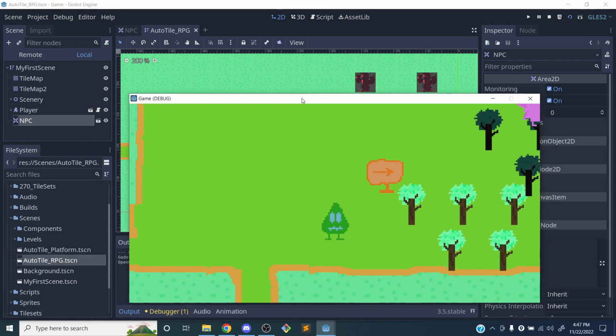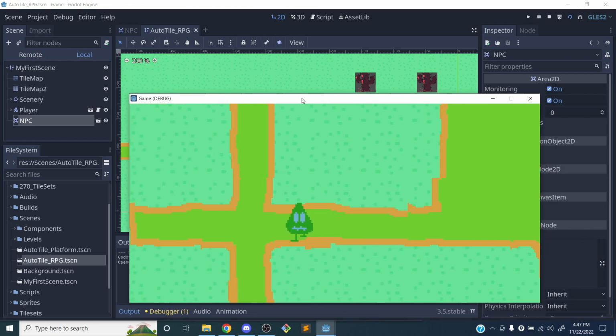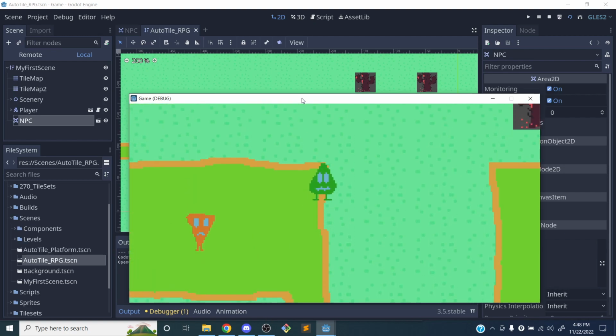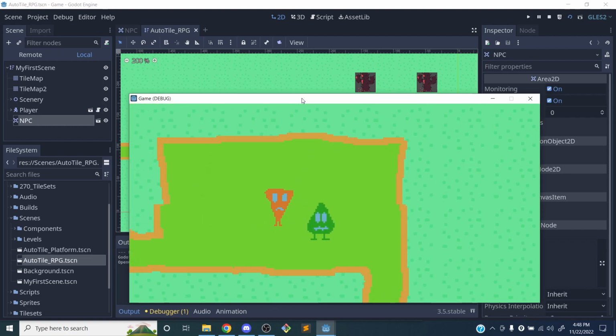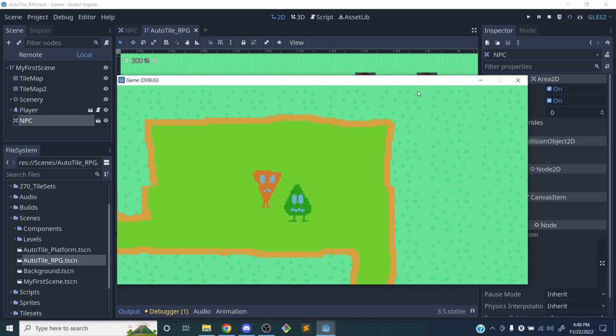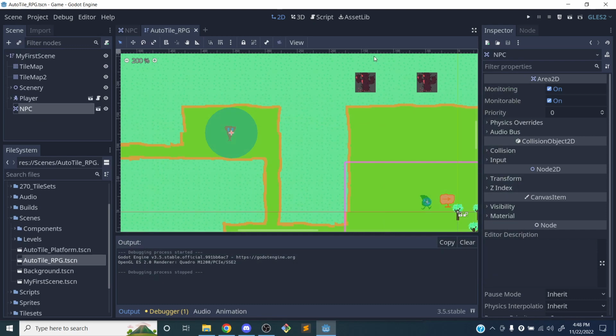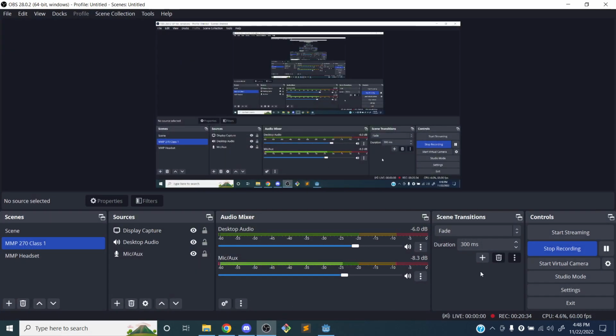But let's take a look and see how it looks in the game so far. If I walk up here, there's my NPC, and we're going to trigger a little conversation. So that's the next bit. So I'm going to stop this part here and